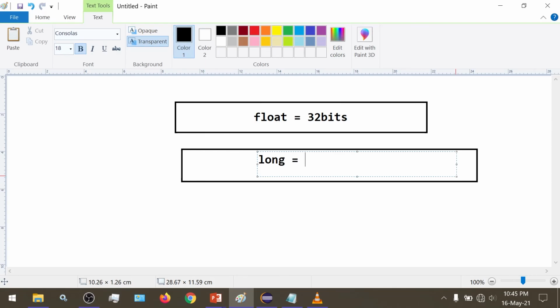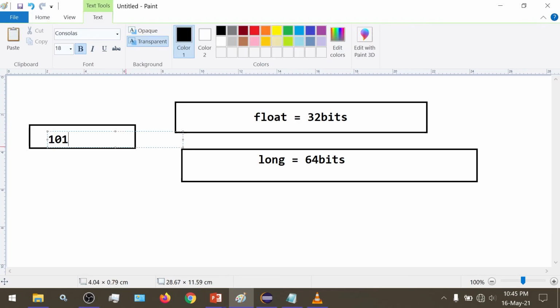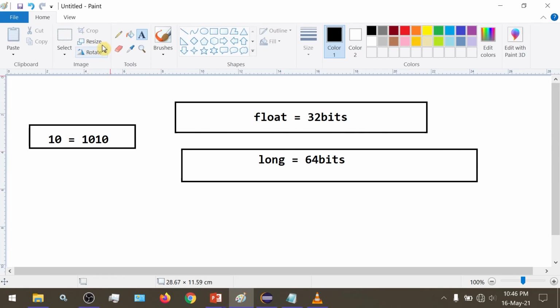The binary representation of the number 10, or the sequence of zeros and ones for the number 10, is 1010.